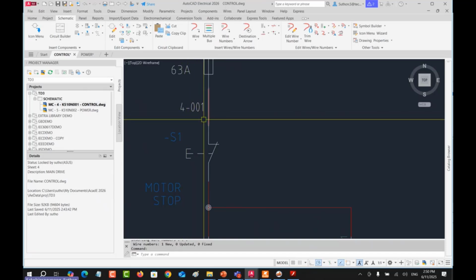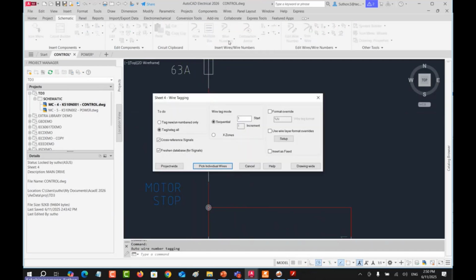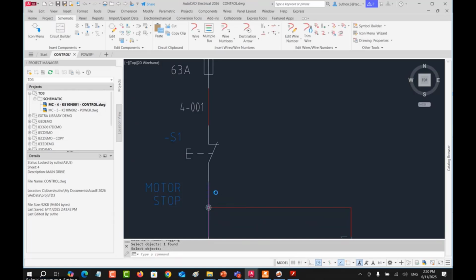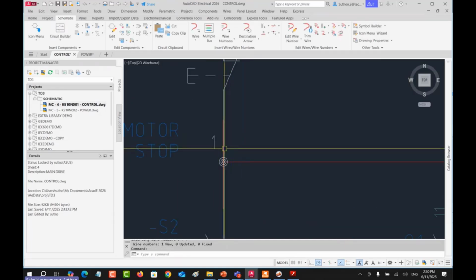You can see that we can configure anything in the wire number easily like this by using the format override. If you don't set anything, the system will automatically assign just the number that you type in this box only, because the %n means you bring this number and put it in that wire. For example, if I assign number 1, I use just %n, and you can see here it will show only number 1.